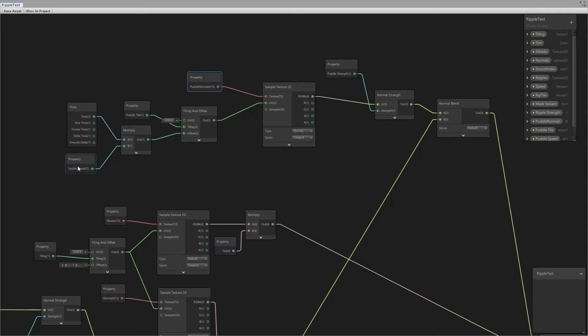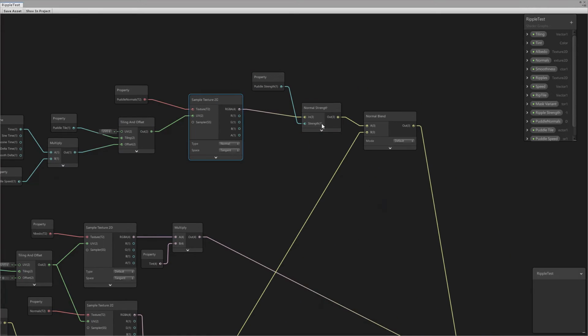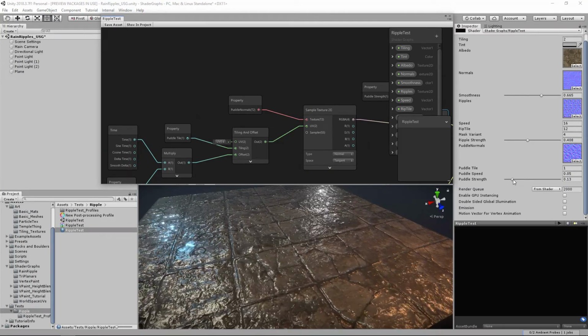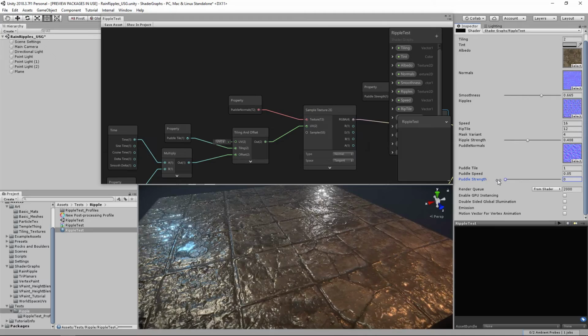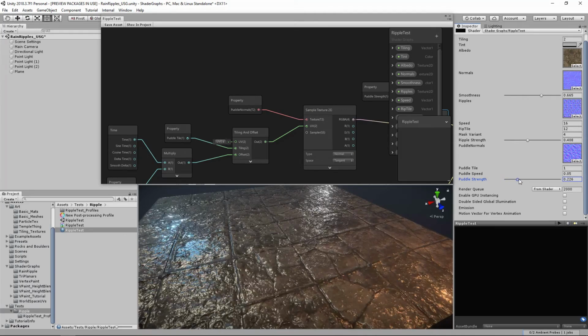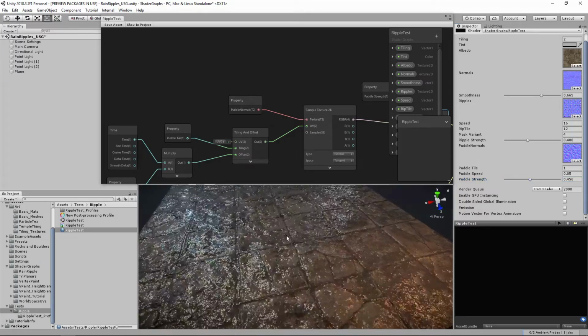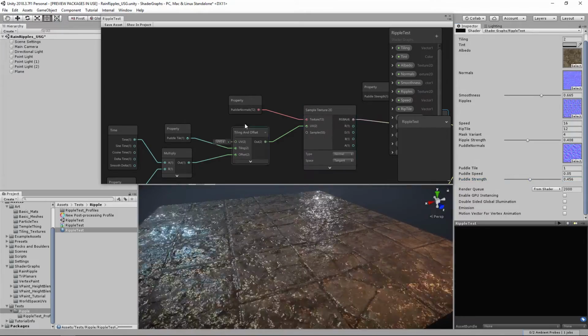Time multiplied by a property, which is the speed, how fast this puddle will move. And again, your tiling and offset, sample stuff, this is all pretty normal. And then normal strength to control the actual puddle, because at the moment I think it's quite low down. So that's with no puddle, and then you can increase this to crazy amounts. It doesn't look as good if it's just one texture, but you should look into